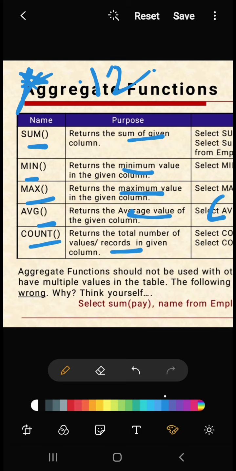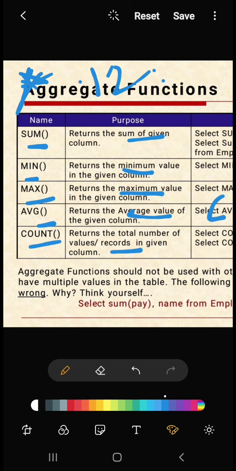Now, aggregate functions are there in your 12th grade. Even we learn in 11th also, right? And you are going to learn a new concept called group by. Group by is not there in 11th, and today we are going to discuss group by also with the help of aggregate functions. We already learned about order by. Order by is also one of the important concepts. You will get 1 mark or 2 marks questions from that order by.